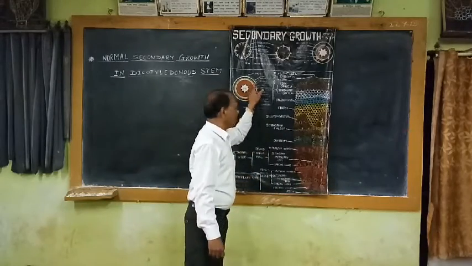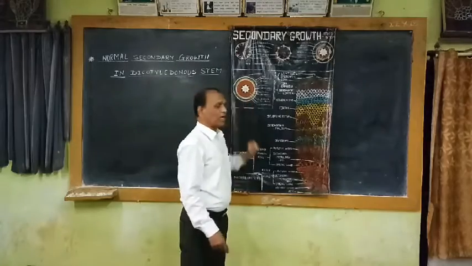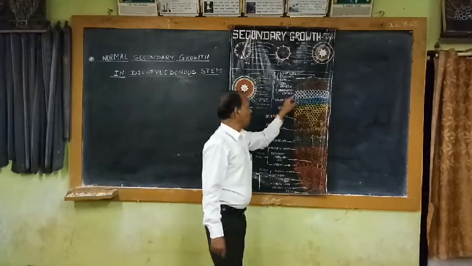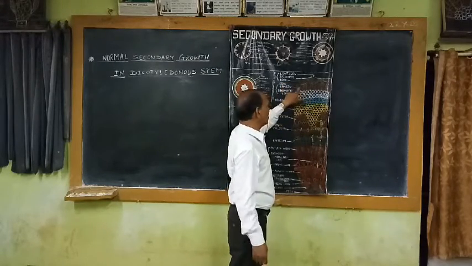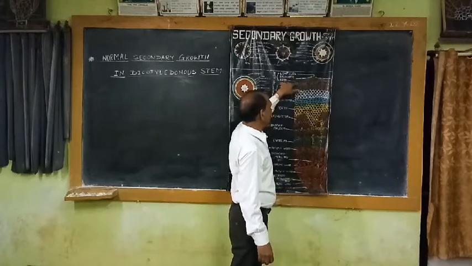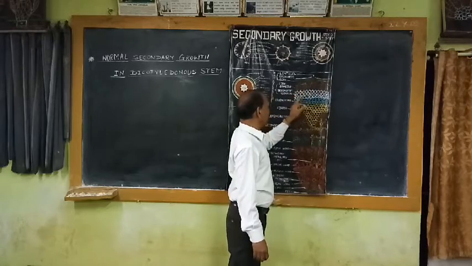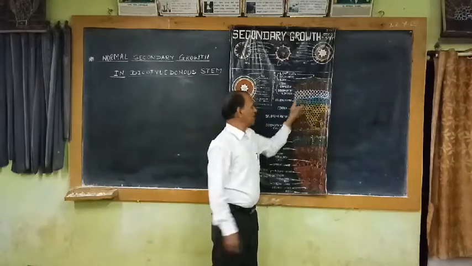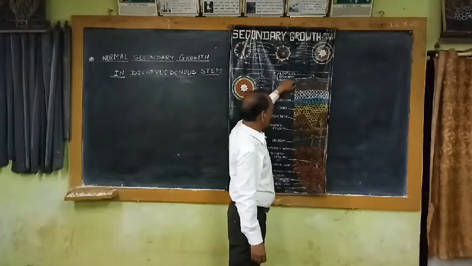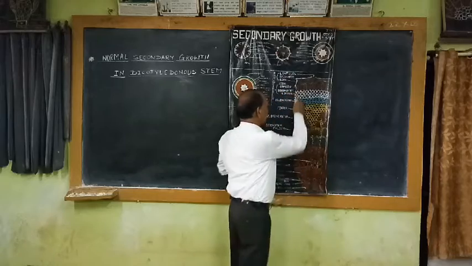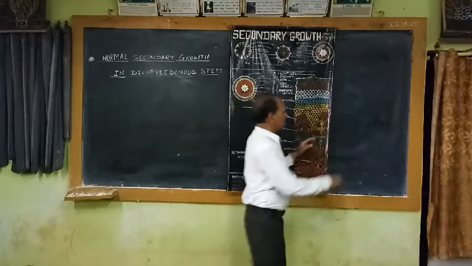So this cork cambium also has the activity of cell division like the vascular cambium. This cork cambium redivides and produces the cork cells at its outer side, and at the inner side the cork cambium cells redivide and produce the secondary parenchyma cells. That means this three-layer zone, cork cambium, cork layers at its periphery and secondary cortex at its inner side. So this three-layer zone of cells is commonly known as periderm.